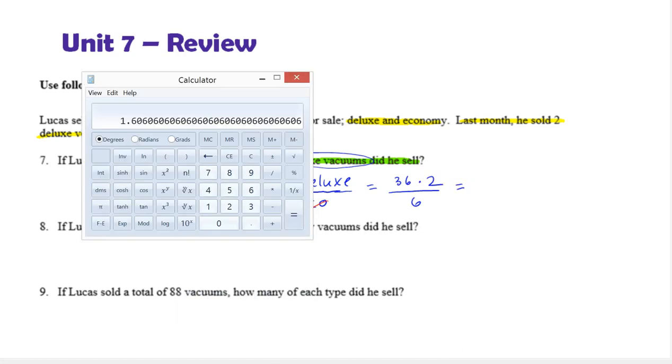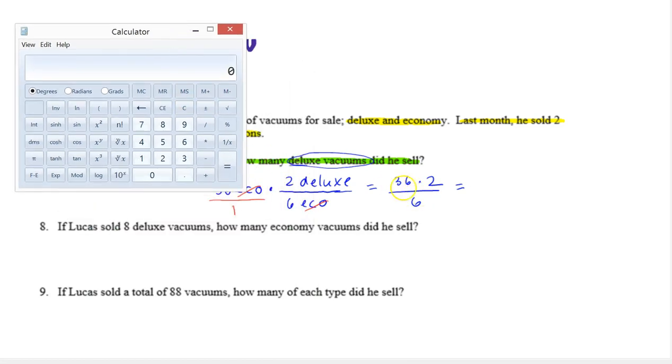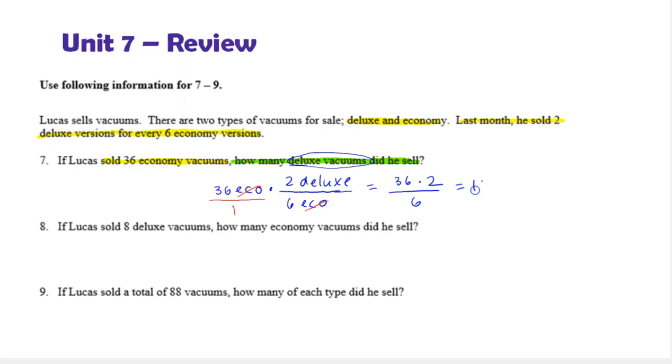I'll just do this on the calculator because you can if you want to. Here, these are nice numbers, so it'd be easy to do by hand, but in other cases, they won't be as nice and you'll need the calculator. And our result is 12. And notice, deluxe remains, so it's 12 deluxe vacuums